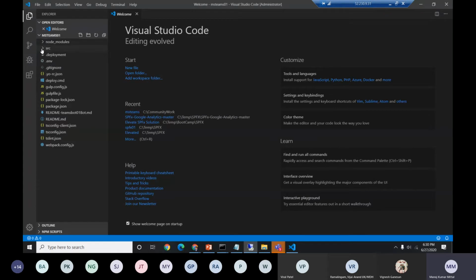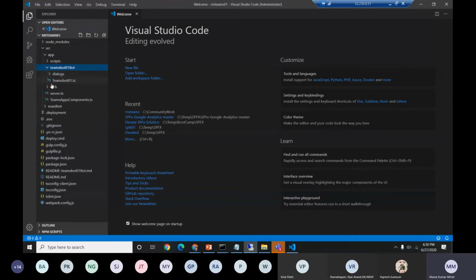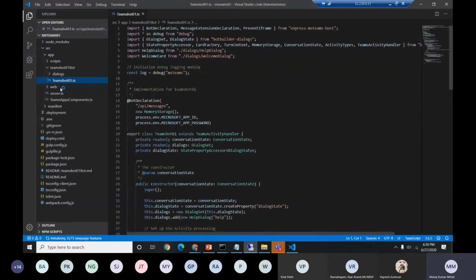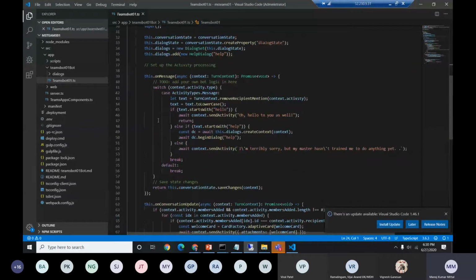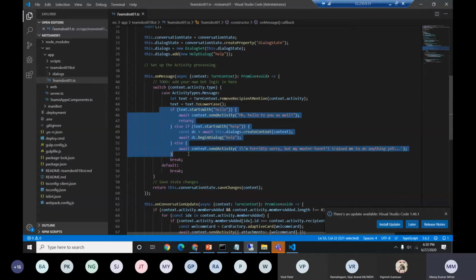So what is important in these sections to build this particular bot? We have this particular file, teambot01.ts. This class is very important for us. As we saw in one of the previous talks, we have the TeamsActivityHandler, which is responsible for all the activity happening within our Teams and is inherited from the Azure Bot Framework. So in this class, we need to write a particular section of code. If you see here, we write what type of activity it is, and we are receiving the activity type and accordingly defining the switch case.